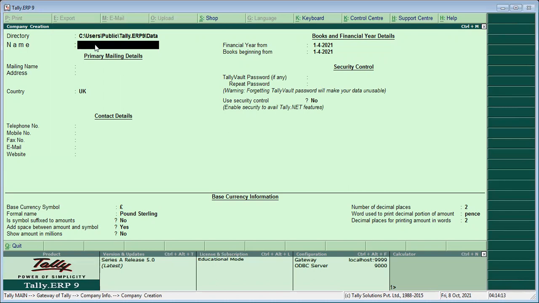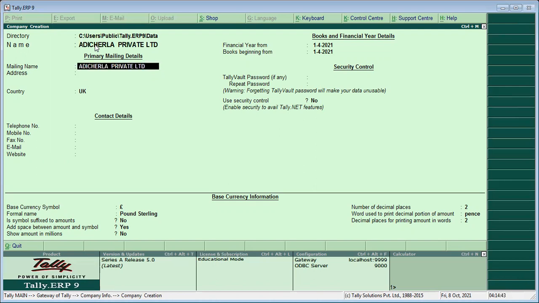Here enter the company name, whichever company you want to create. For example, here I am writing Adicherla Private Limited Company. So press enter or the down arrow key.